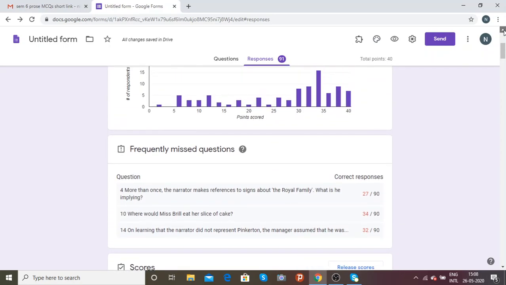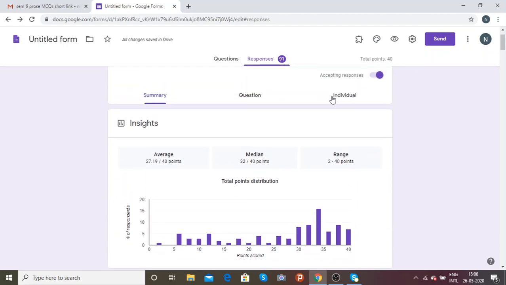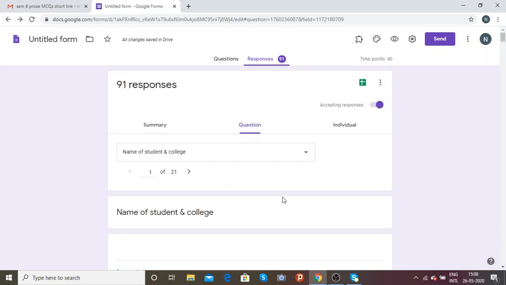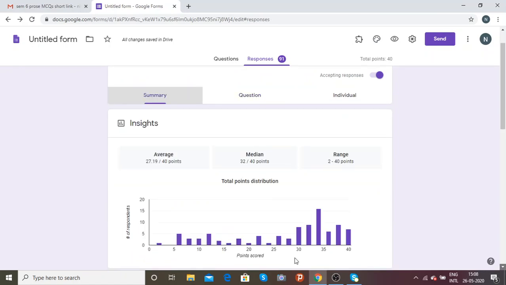Also we have an individual summary. Instead of individual, we can have question wise reports too. So we can see how many students have responded to how many questions, and the total point distribution of this.